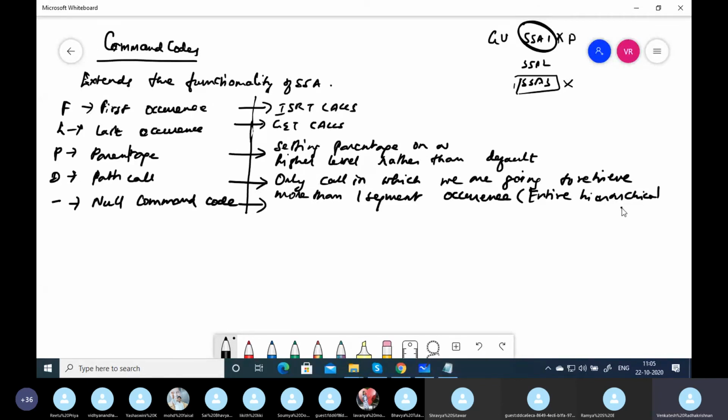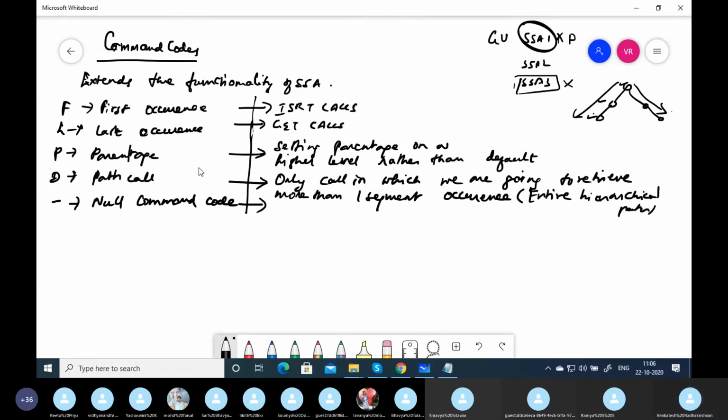Suppose you have three segments, 1, 2, 3. In one call you can retrieve this complete data. Otherwise you would have to give three calls, because every call reads only one segment occurrence. If you want another path, in another call you can get those three segments. So instead of doing five calls, in two calls you can cover the entire database, assuming there is only one occurrence for every segment.